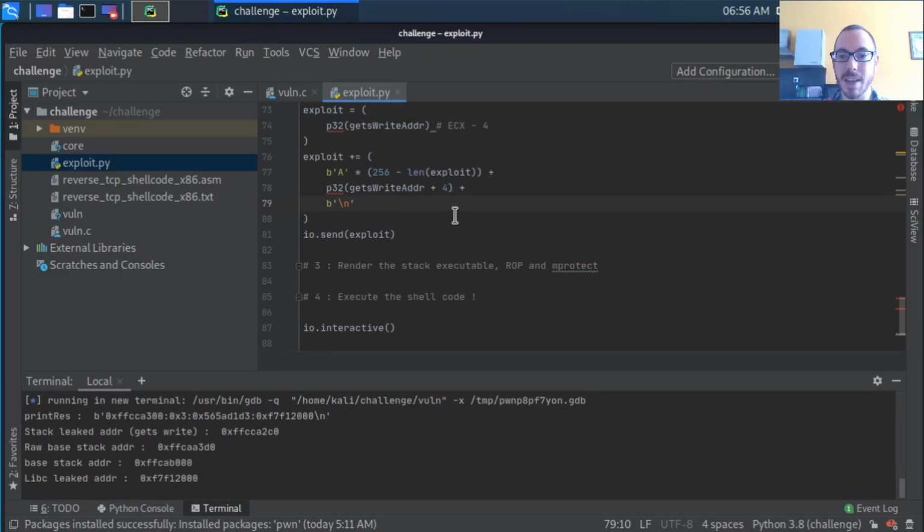For this, as mprotect requires 3 arguments, we will need to find a gadget that allows us to pop those 3 arguments so that they will not get executed